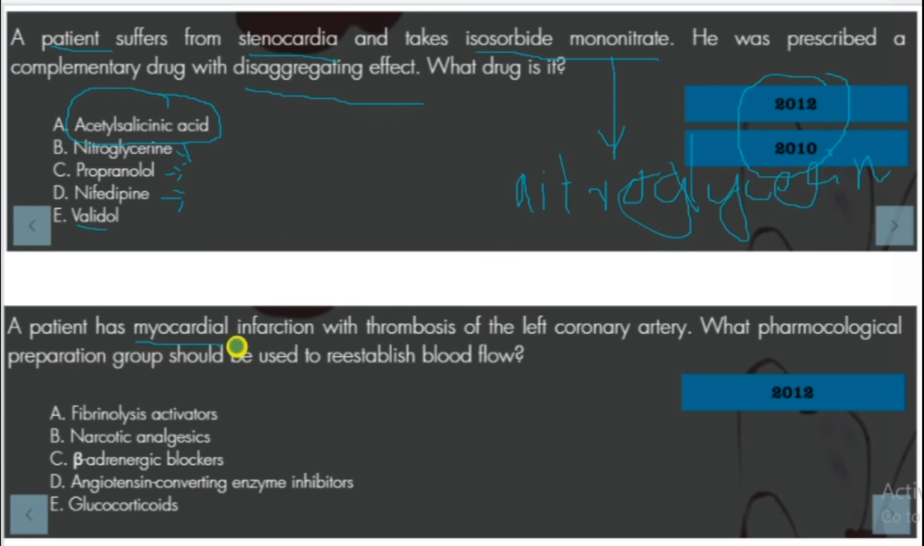A patient has myocardial infarction with a thrombosis of the left coronary artery. What pharmacological preparation group should be used to re-establish blood flow? Glucocorticoids, no. Angiotensin converting enzyme inhibitors, not. Beta adrenergic blockers, not. Narcotic analgesics, no. This is the answer: fibrinolysis activators, because fibrinolysis activators can